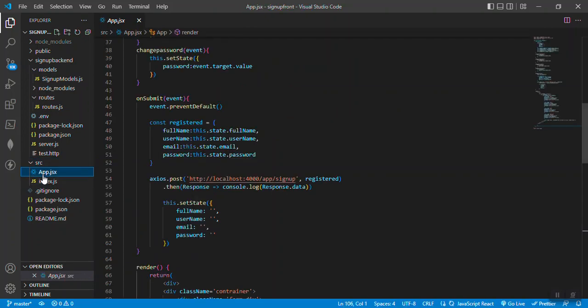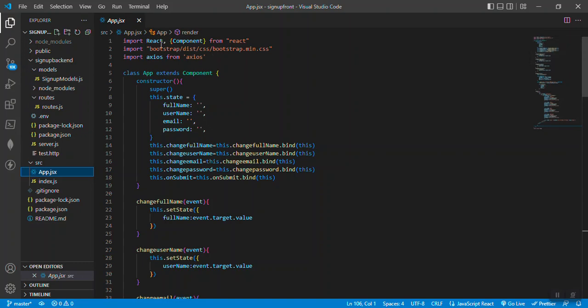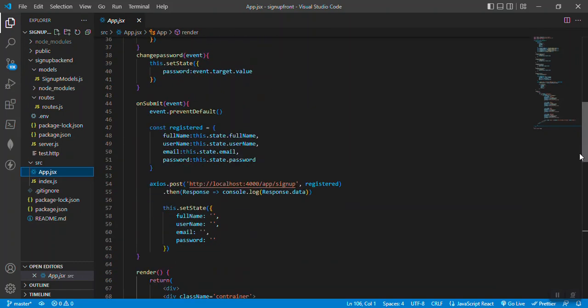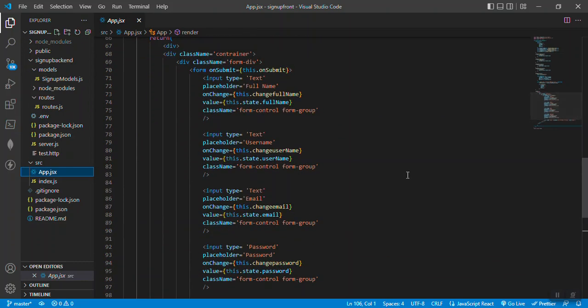If we go to the app.js folder, we see that we imported Component from React, and also we use this data schema here, as well as at the end here we made the form and also the submit button, and I use Bootstrap for React for the